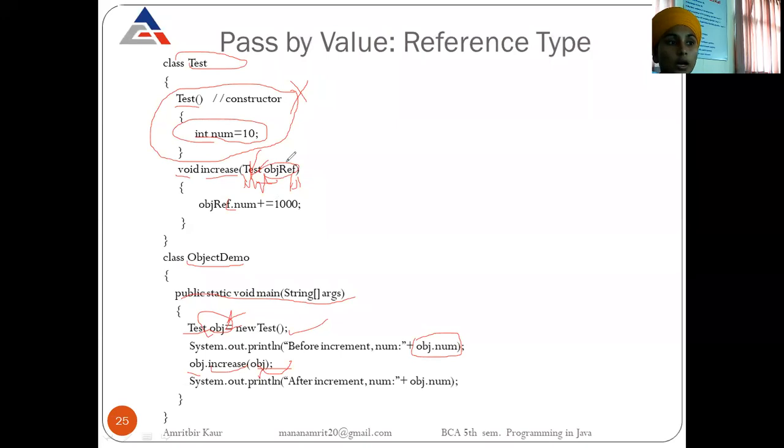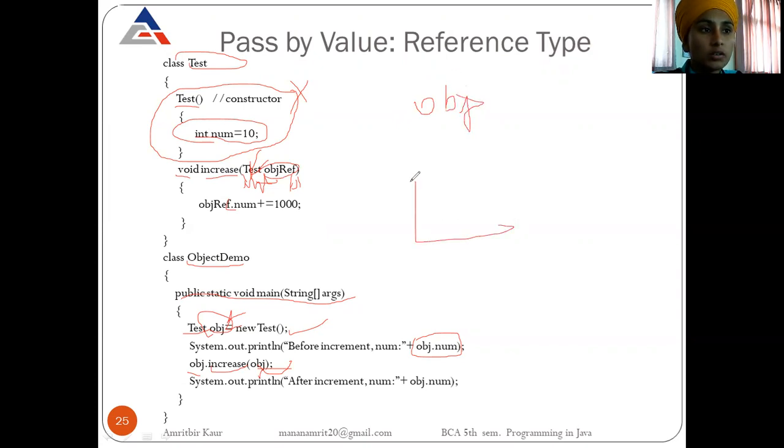So now, firstly we have an object obj. This is pointing to the location where num equals 10, because our class has only one field. That's why I'm writing only one field here.